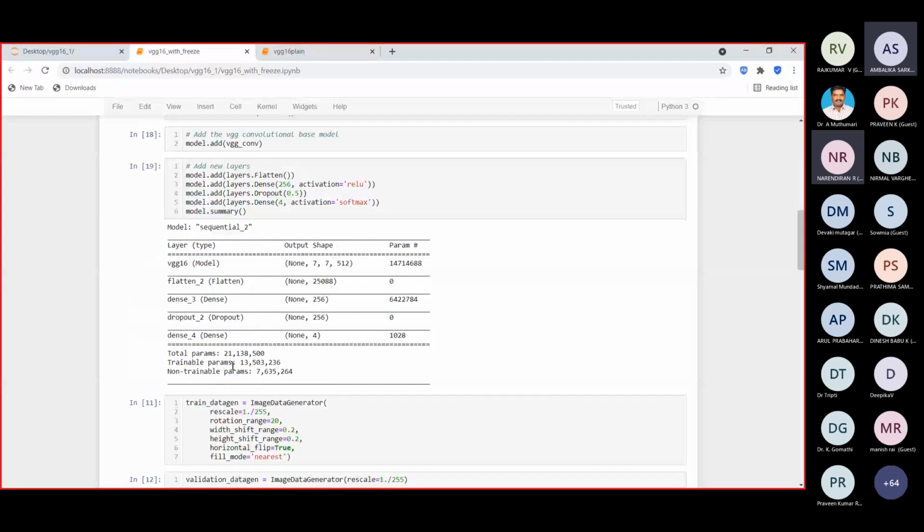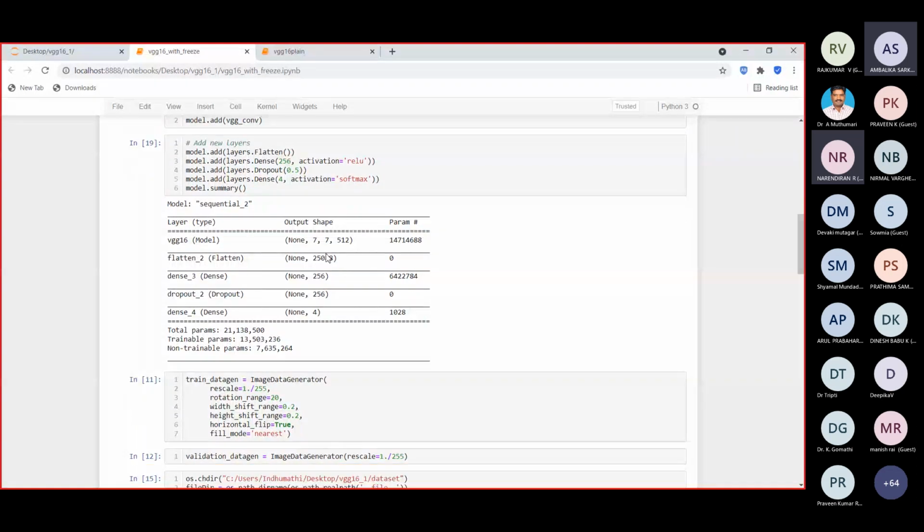Okay, and then the remaining is the same thing here. So with the freezing, again, I have taken the same example. I've included this concept for freezing, and I'm again training and executing the program. So let us see the same thing. Let me give a change.